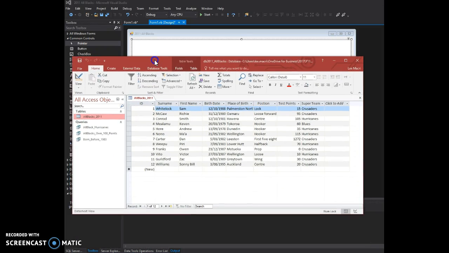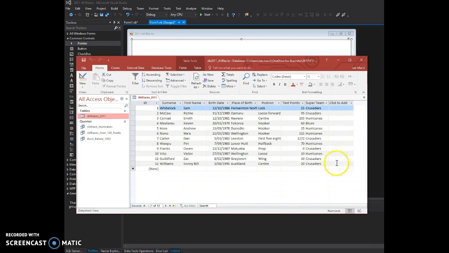Right, here's my Access database, and as you can see, it's got an array of players from the 2011 All Blacks team. And here I've got some subqueries, some queries, which are basically subsets of the All Blacks table. So this is all the data, and these are subsets. So watch what happens. This one here is the All Black Hurricanes, so those that play for the Hurricanes, which